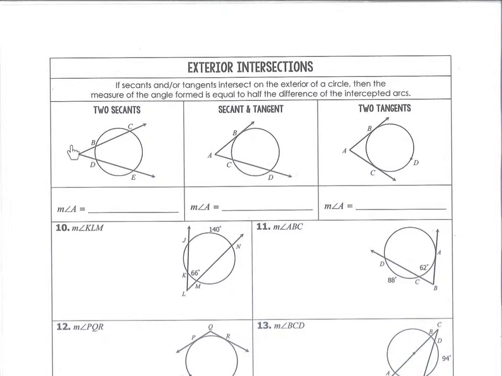So, for instance, the measure of angle A here, which is the bigger arc? CE. So it's going to be half of the measure of arc CE minus the measure of arc BD. And then on the secant and the tangent, the measure of angle A is going to be 1/2. Which is the larger arc? Is it BC or is it BD? BD is the larger arc. So it's going to be half of the measure of arc BD